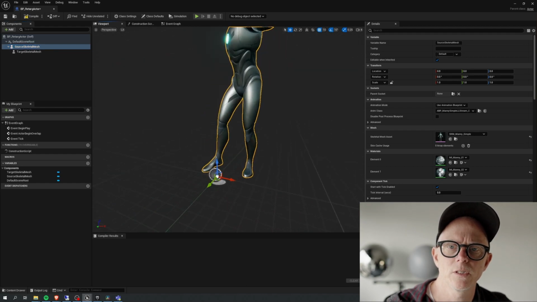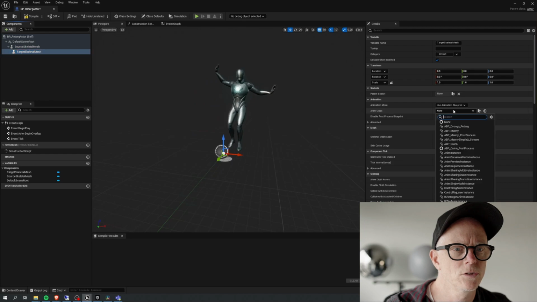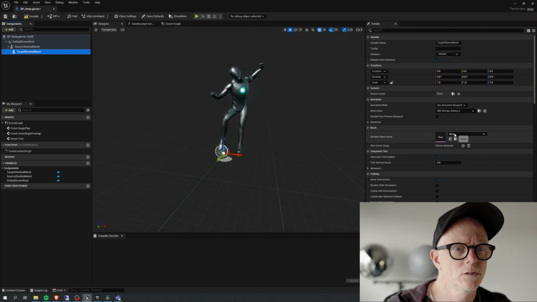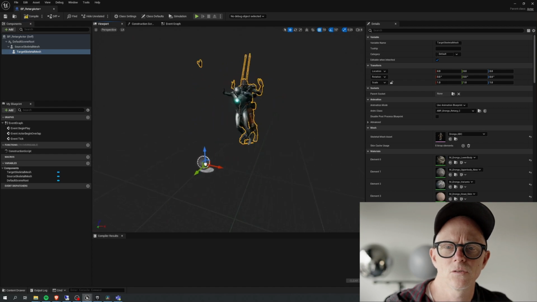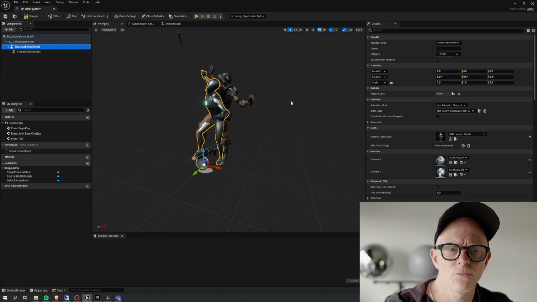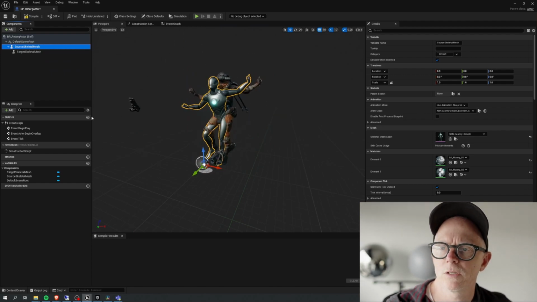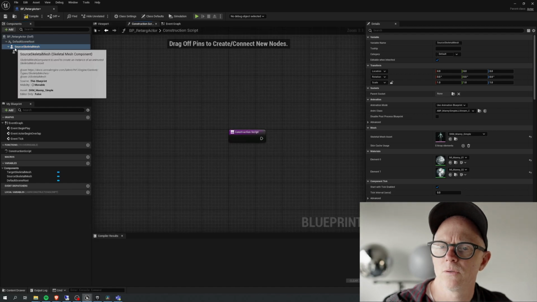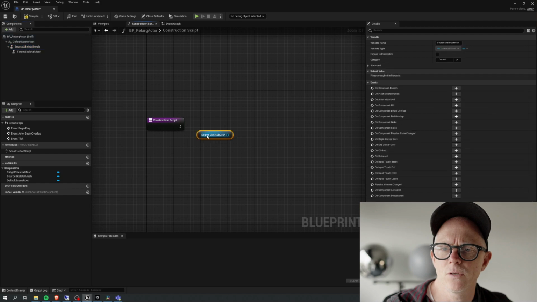And straight away we see that moving, which is great. And our target, we're going to use Drongo, just like we did a minute ago. Drongo and Drongo. And this is what we see in the editor, right? So that's great. But wouldn't it be handy if we had like an exposed toggle that we could hide this guy? That's pretty straightforward and easy to do. We would take in our construction script, we get this guy,